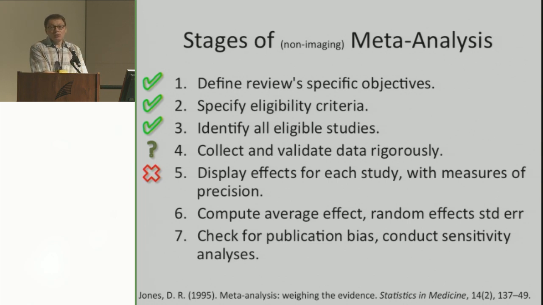Right. So the other thing you do with a traditional clinical trial meta-analysis is you make a plot of each study's effect, and you compare that, and you also crucially represent the uncertainty, usually with a triangle or some bar. Now that's one thing that we can't really do in neuroimaging meta-analysis, because all the results from each study are just a collection of points. We can visualize them, but we don't have a good way of measuring or visualizing the uncertainty associated with each one. And then the other thing that we kind of halfway have is to compute an average effect,